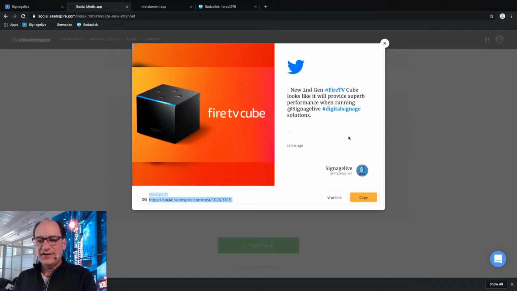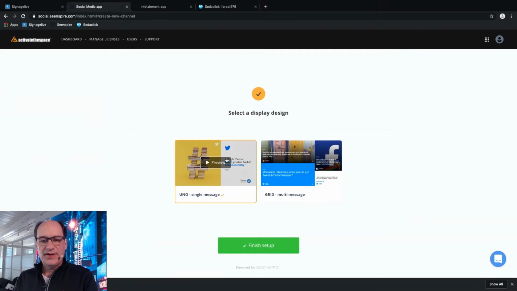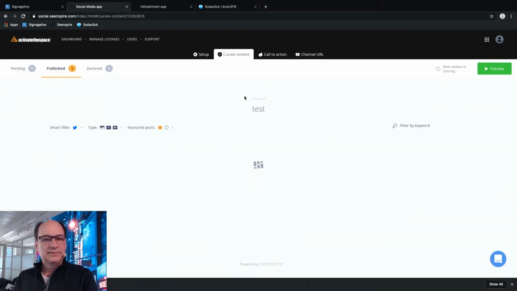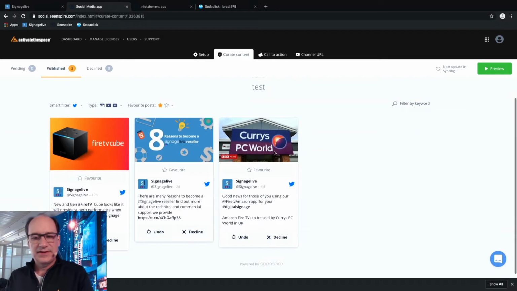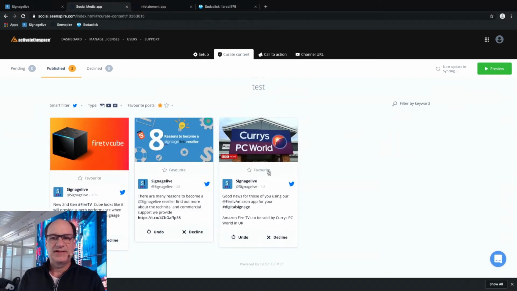So there you go. So there's a full screen widget, which is pretty cool for showing content. Now I could go more into this and show you all the settings, but that's on a later demo. So I'm going to finish the setup, and it's going to gather me all my content. So here's a bunch of the content. It'll just keep loading it as it gets it.